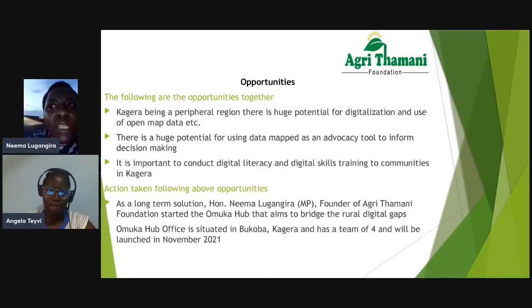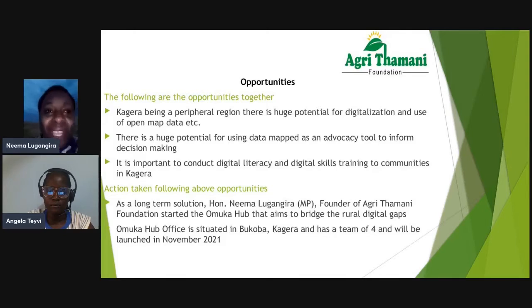That is something which at the moment in Bukoba is not happening, but I'm seeing it's a huge opportunity. Third, the other opportunity I'm seeing is even towards agribusiness, agricultural businesses. You have smallholder farmers, especially youth and women. They produce, let's say, tomatoes, but they have a challenge of the market. But through mapping, it can be easy to map out maybe the potential markets for them. And a peripheral region like Kagera borders 3 countries, Rwanda, Uganda, and Burundi. So there can also be a way of having access to markets. So I'm seeing so many opportunities.